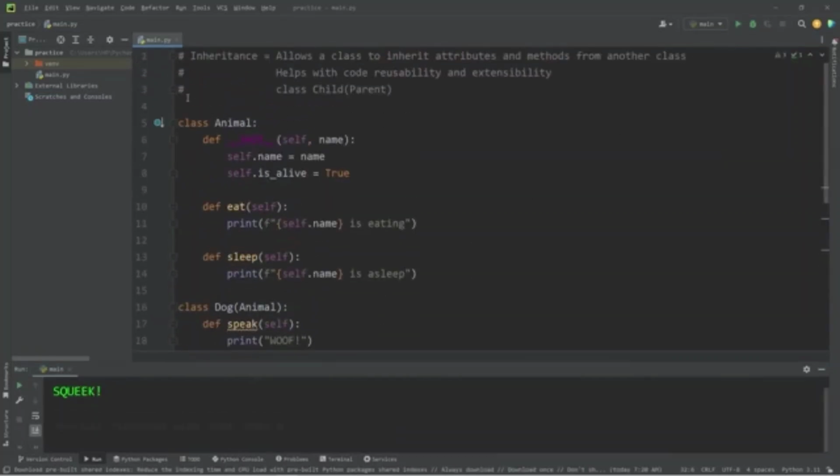All right, everybody, so that's an introduction to inheritance. Inheritance allows a class to inherit attributes and methods from another class. Much like in real life, a child can inherit traits from a parent. These are also known as sub and superclasses, which is a topic for another day. Inheritance helps with code reusability and extensibility,